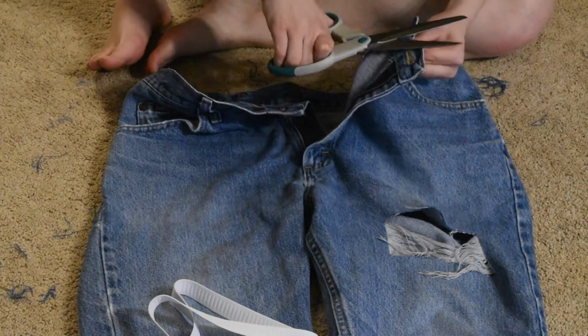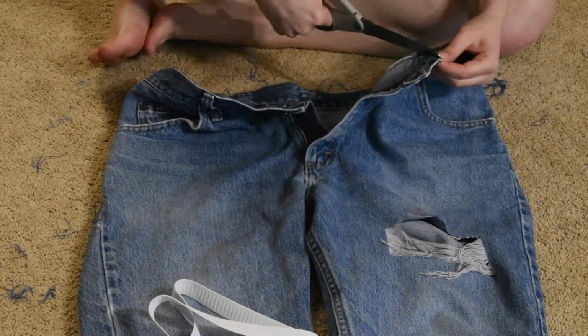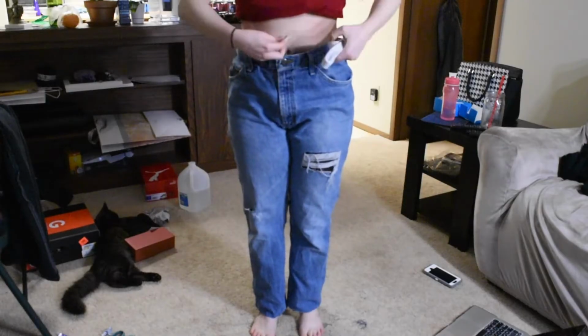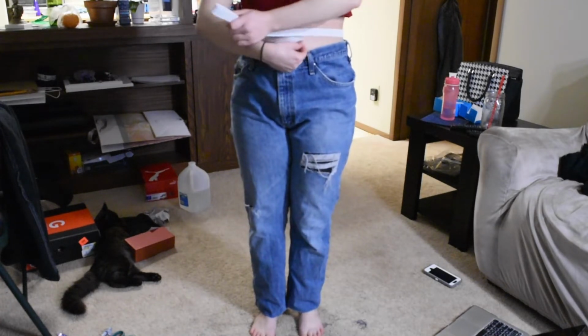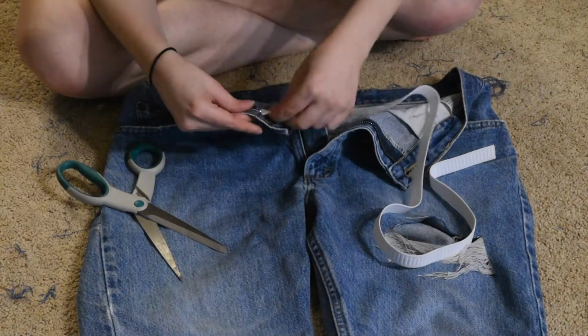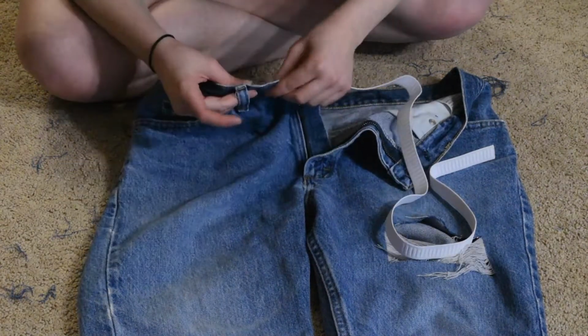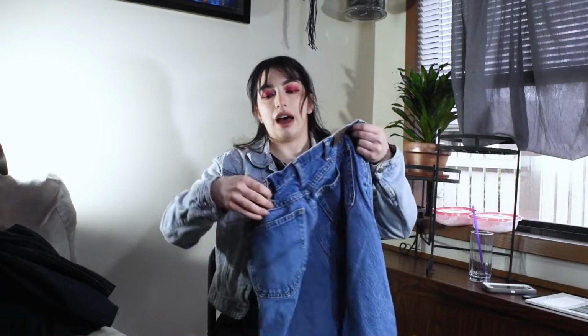To fix the waistline and actually make it fit me, the first thing that I did was cut 2 holes near the button fly on either end here, just 2 vertical slits, and then I took an elastic band, measured it around my waist to see how big I actually needed it to be, and then again I put a safety pin at the end of the elastic and fished it through the pants, because jeans, you can tell, have a double